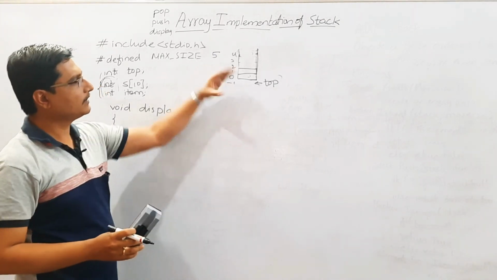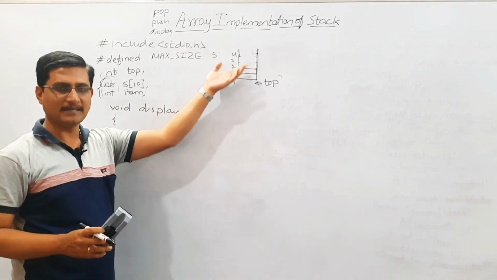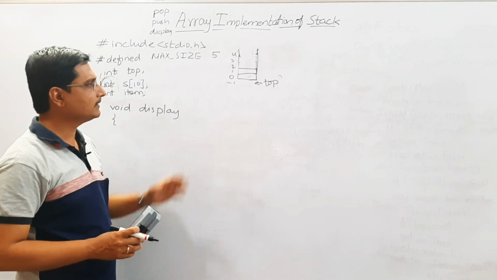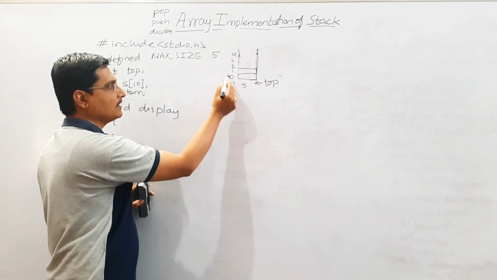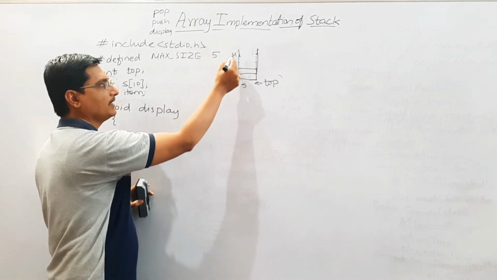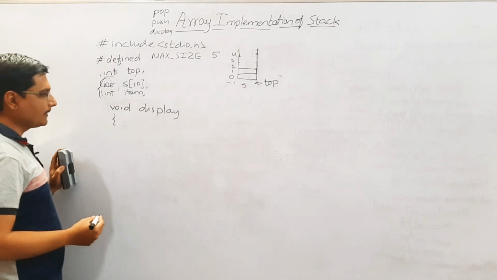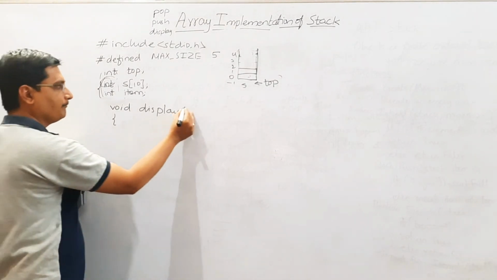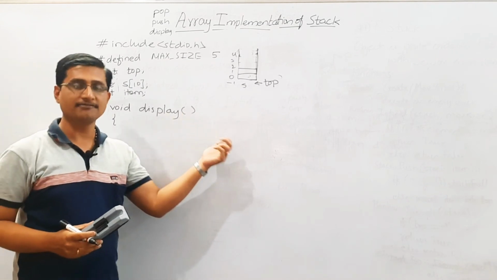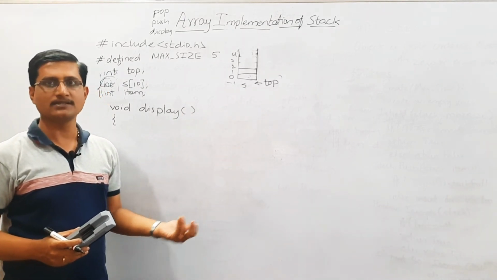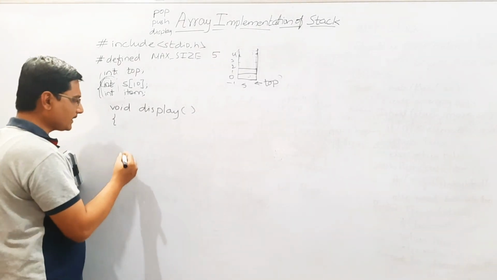Just simply convert this as an array. Then how we display the array, in the same manner we can display the stack as well. So if this is the stack s of 0, s of 1, s of 2, s of 3, s of 4, items will represent the stack content, right? So before displaying, I need to check whether the stack is empty. If stack is empty, there are no elements, there is nothing to display. So for that, I need to check